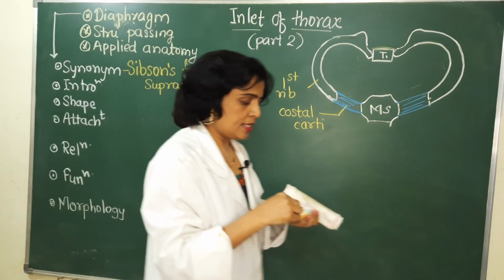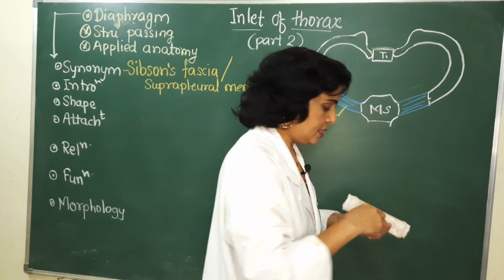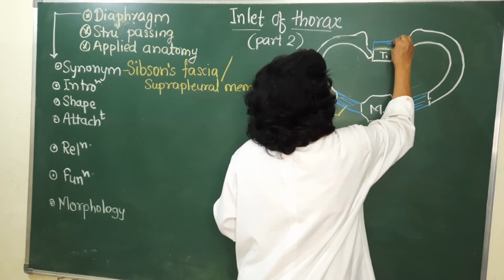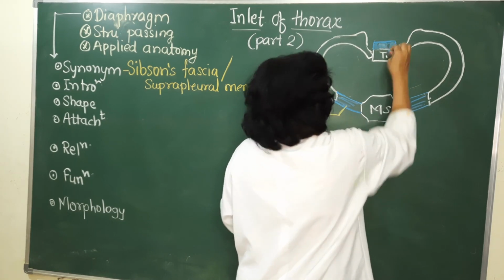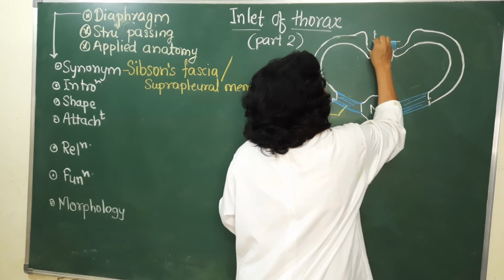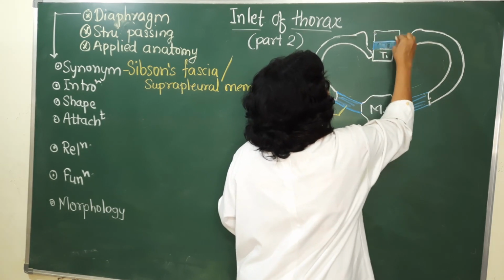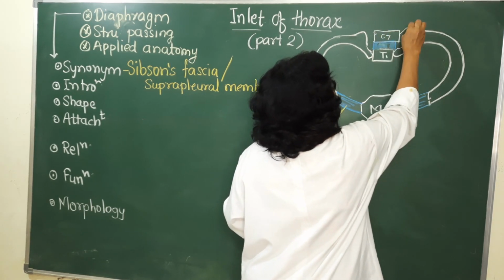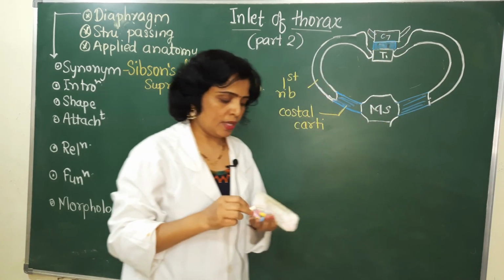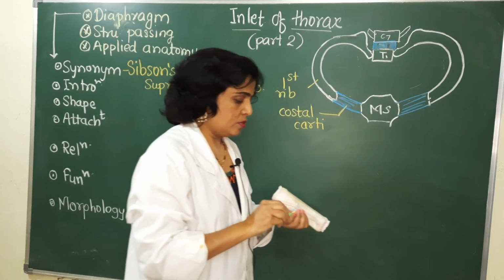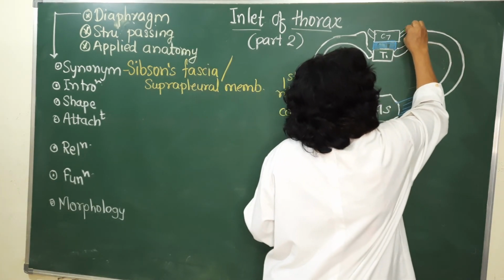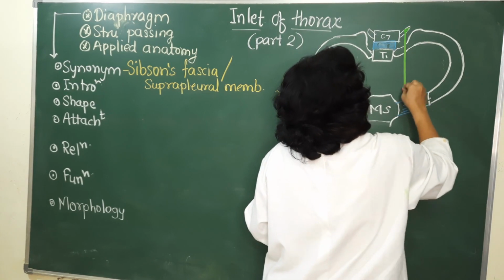If I draw this diaphragm, it will be like this. So here you get the disc between C7 vertebra and T1 vertebra. Now I am drawing, this is C7 vertebra and this is the transverse process of C7 vertebra. Now if you are supposed to draw, the diaphragm will be in this way.